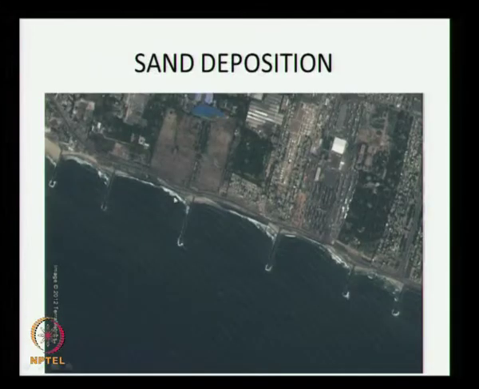You see the next slide, one of the groin here you have the deposition on both the sides, whereas this groin you have the deposition only on the southern side, some more deposition on the southern side and less on the northern side. So it depends on where it is, what is the spacing between the groins, what is the depth at which it is going, what is the bathymetry, all these things decide how much. When the tsunami has come, most of the deposition has been taken away by the tsunami, but within a period of 5 to 6 months the shoreline has advanced after the tsunami.